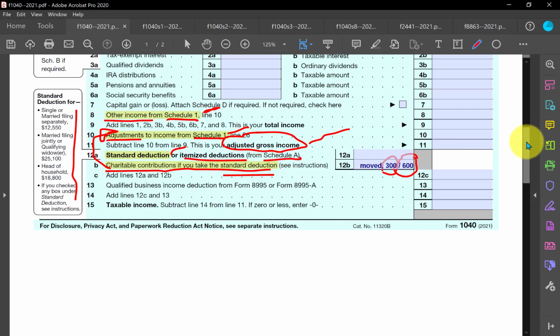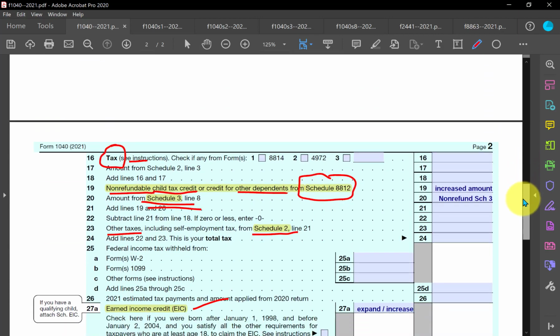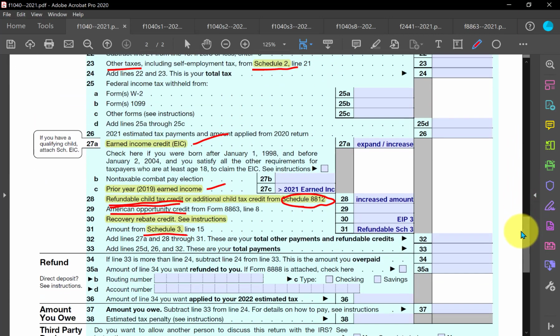And of the two credits you figure out, the lower is used. Now, in many cases, if the earned income is small, you're only going to get a small credit. And because of the pandemic, possibly you weren't making as much. And the pandemic has been lasting a couple of years, 2020 and 2021. So in lieu of using your earned income for 2021, the rules now allow you to use not 2020 earned income, but 2019 earned income in the calculation. But this 2019 earned income has to be larger than the 2021 earned income if you want to use this option, to possibly give you a bigger